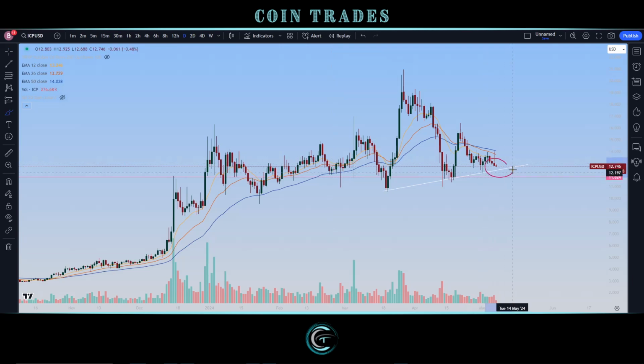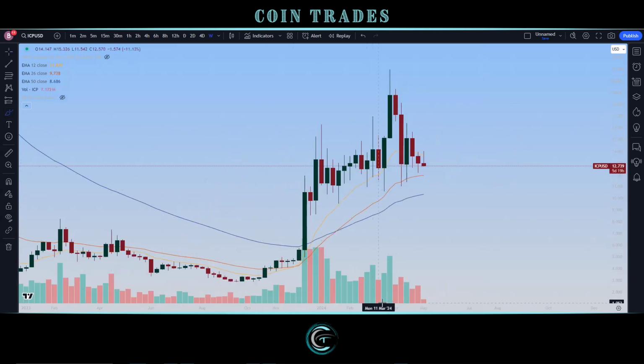And so hopefully between this rising trend line for support and also this price level, we do get a little bit more of that upside direction and some more follow through volume to push prices back to the upside and actually knock out some of these upside resistances, which we would be looking at about $15.50 for that. Selling pressure overall does still seem to be falling and fading though,